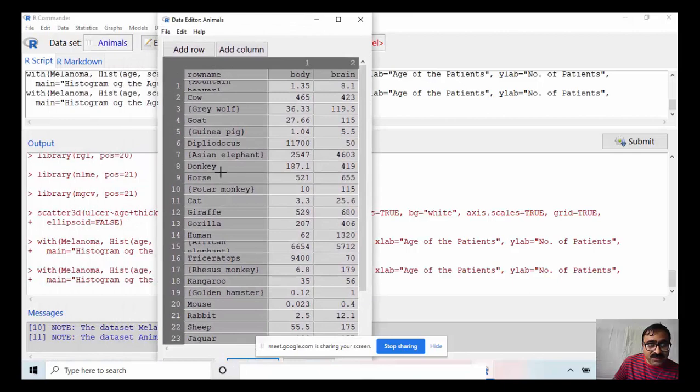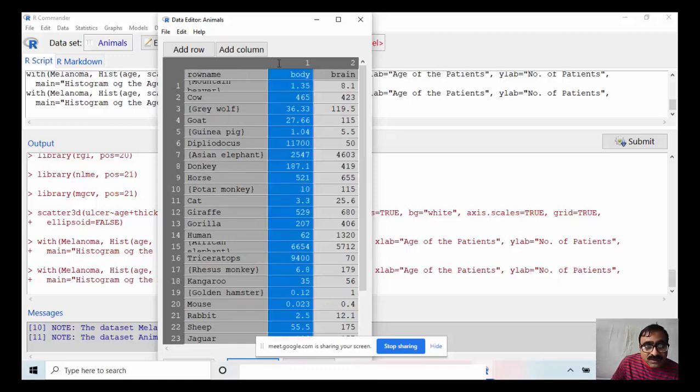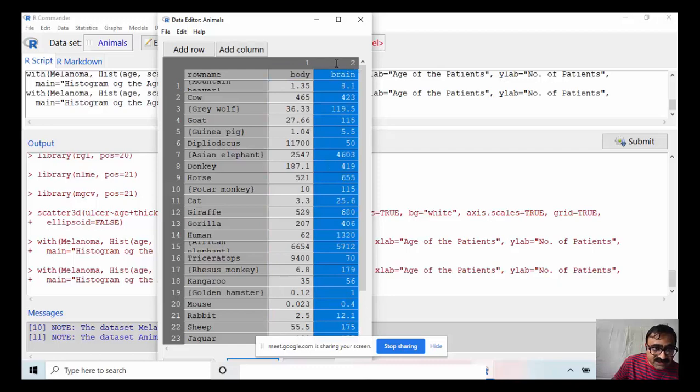There are different animals here. Their body, this is their body length, and this is their brain size.